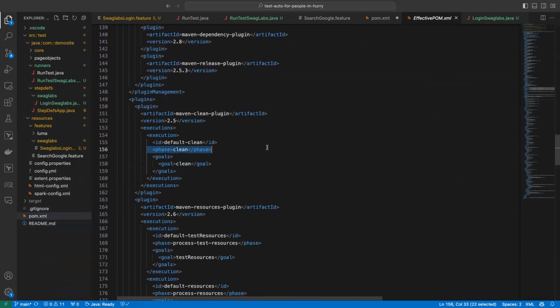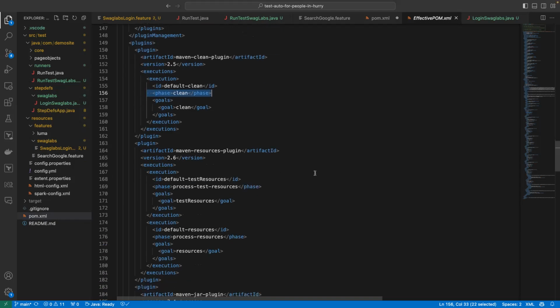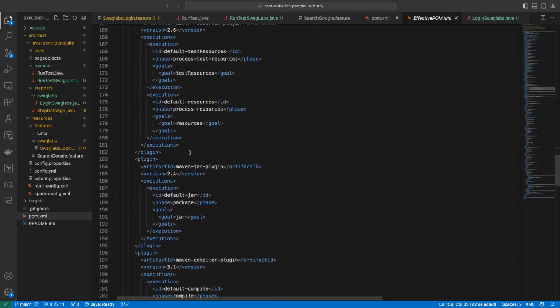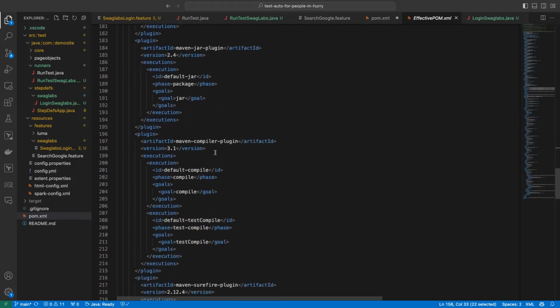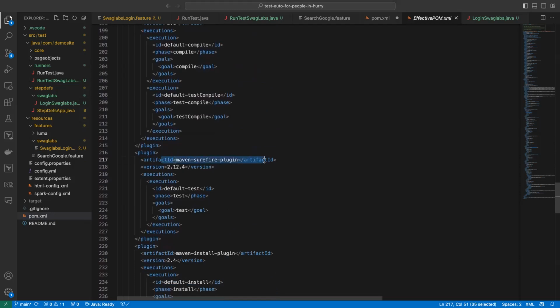Maven has phases. Maven clean, clean is a life cycle. Test, compile, verify, all those things are called phases. There are 24 phases. And in our context, the Surefire plugin is what is important. The Surefire plugin is actually executing your test cases. If it is not there, then the tests will not be executed. So what we have to do is bring it from here